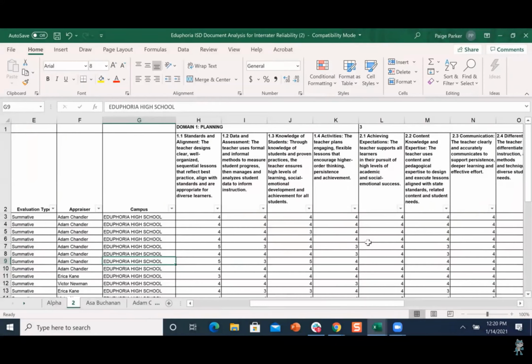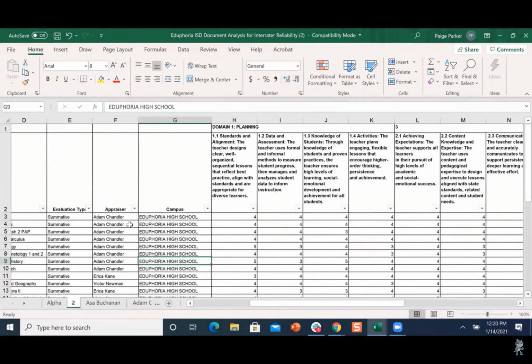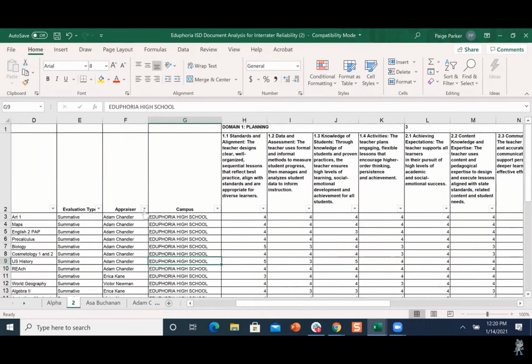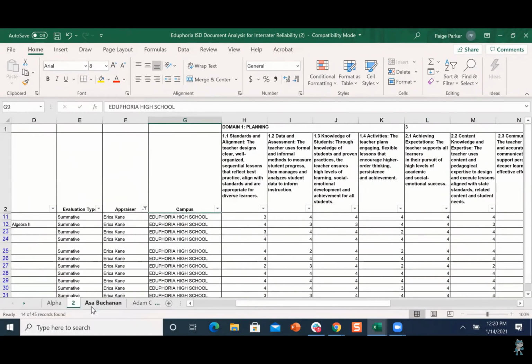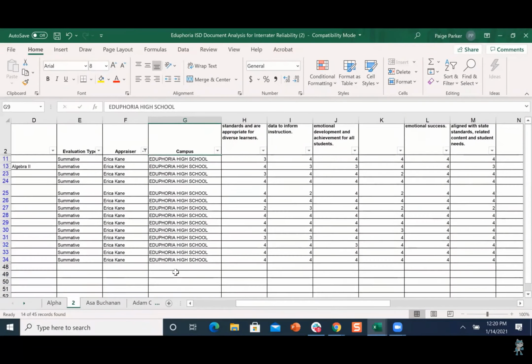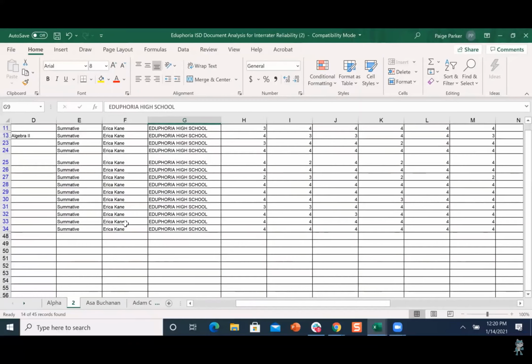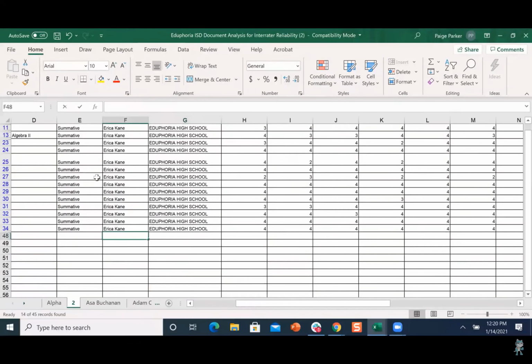To get to the next step for inter-rater reliability, I need to do one more thing. I'm going to narrow it down by appraiser. So I'm going to say I just want to look at Erica Kane's. I've already done Adam Chandler and Asa Buchanan. So I'll do Erica Kane and then show you how I did this, and then how we can do the